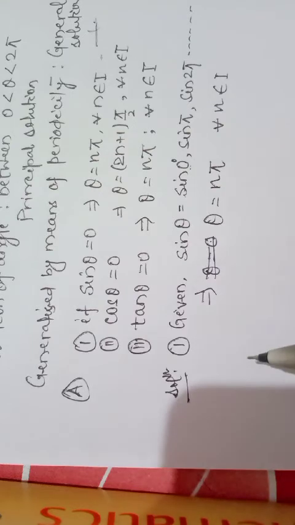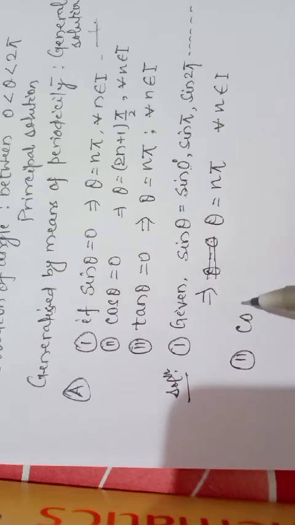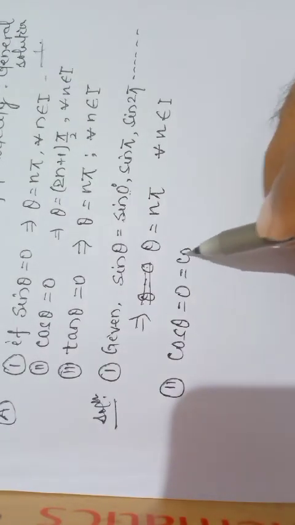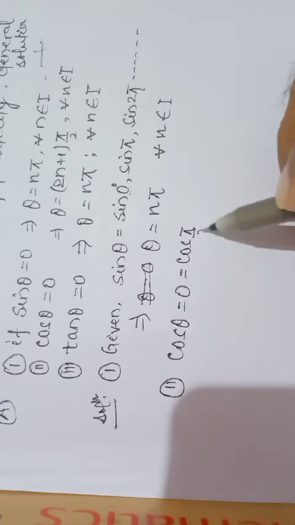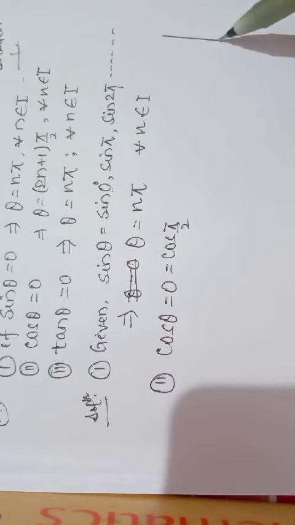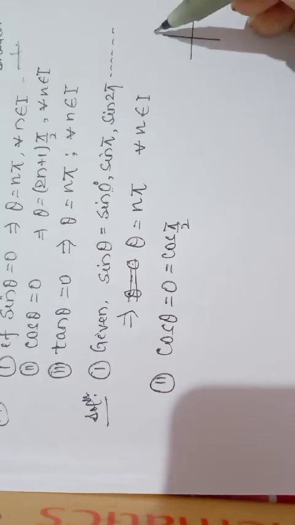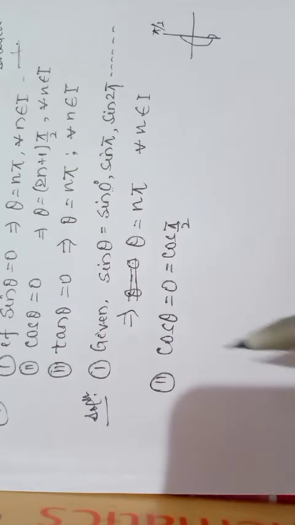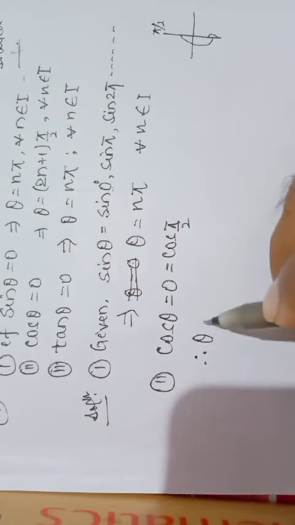Similarly, you can see in the second case, when cos theta is equal to 0. Cos theta is 0 where? On the y-axis. That is cos pi by 2. So see here the figure. Here on the y-axis, this is 0. Again 3 pi by 2 is also 0. So theta should be written as pi by 2,